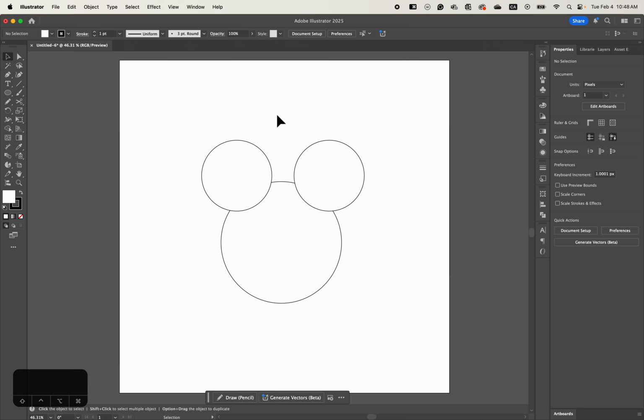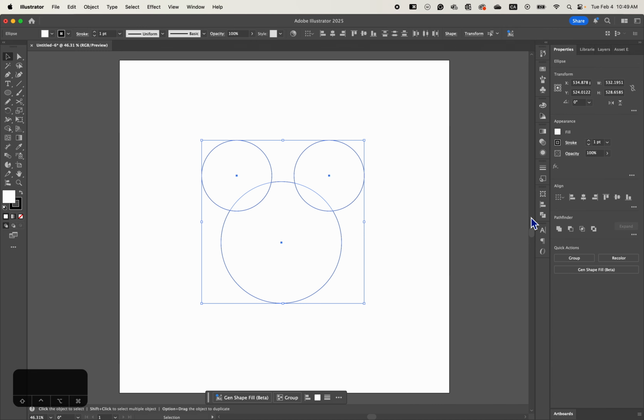And so here we'll see how we can make some operations in Illustrator. Once we have our shapes here, let's say I have 3 circles, and let's say I want to make this into the character we all know, the famous mouse. So if I want to merge them, unite them to create a single shape, I could do that using the